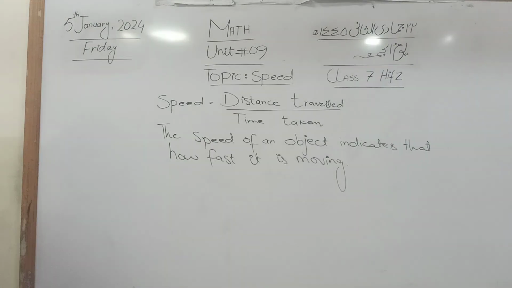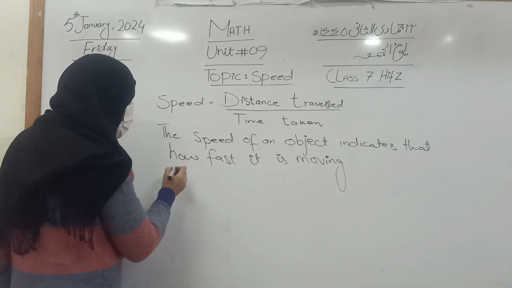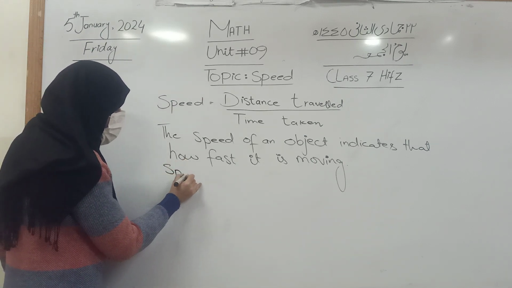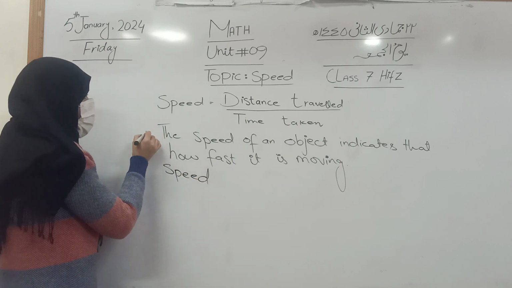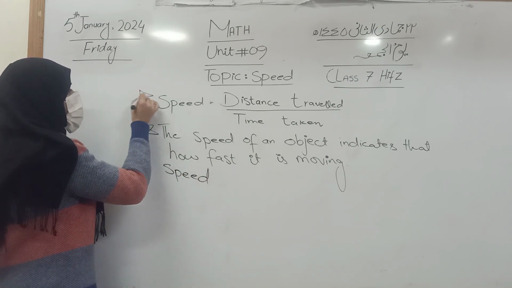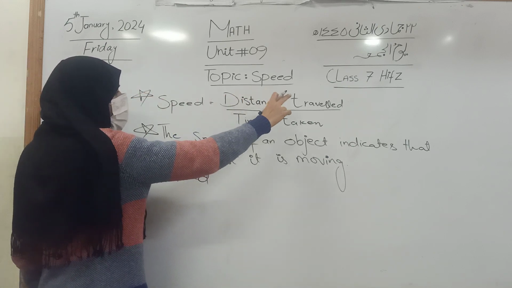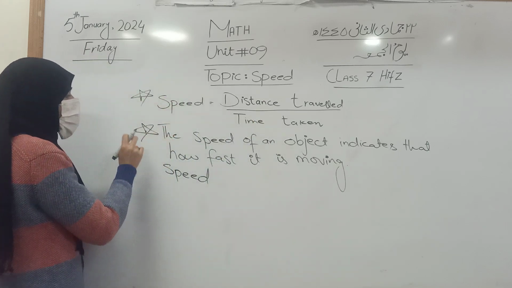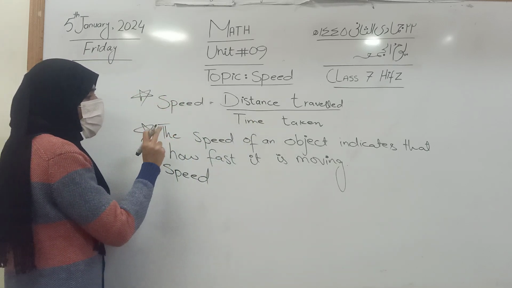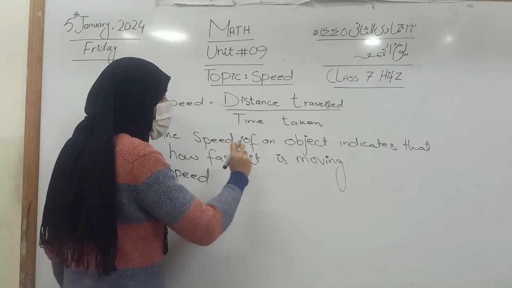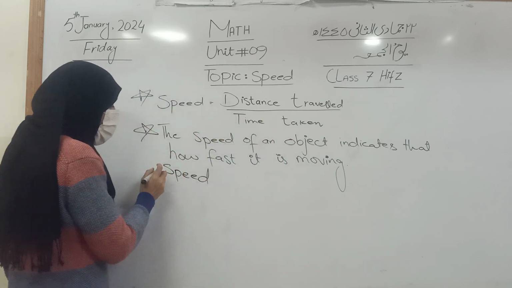After that, we will see that speed can be expressed in different units. This is the formula: speed is equal to distance travelled divided by time taken, and this indicates how fast an object is moving. Okay. Now,